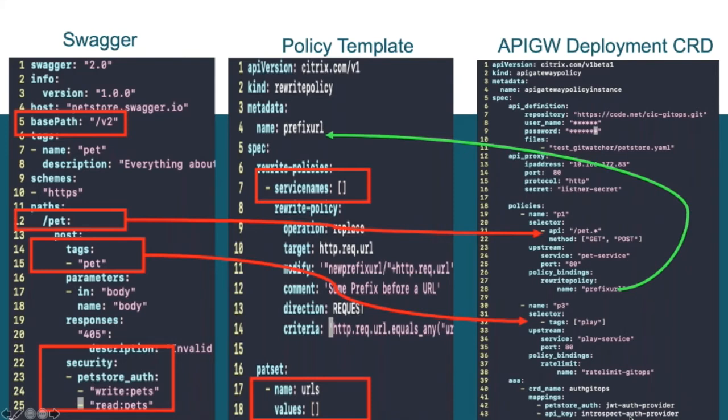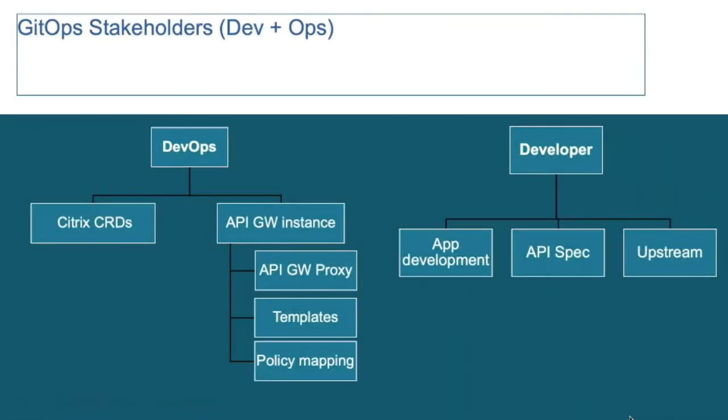Okay, so this is the three kind of entities in this overall workflow. We'll keep referring these three things here. So just to recap, right? So we have two stakeholders. One is a developer, other one is the ops team. It could be DevOps or SecOps. So DevOps brings in all the template CRDs, and they own the listener, basically the actual API gateway instance, and then they decide mapping, like what kind of rate limit or WAF to be applied where.